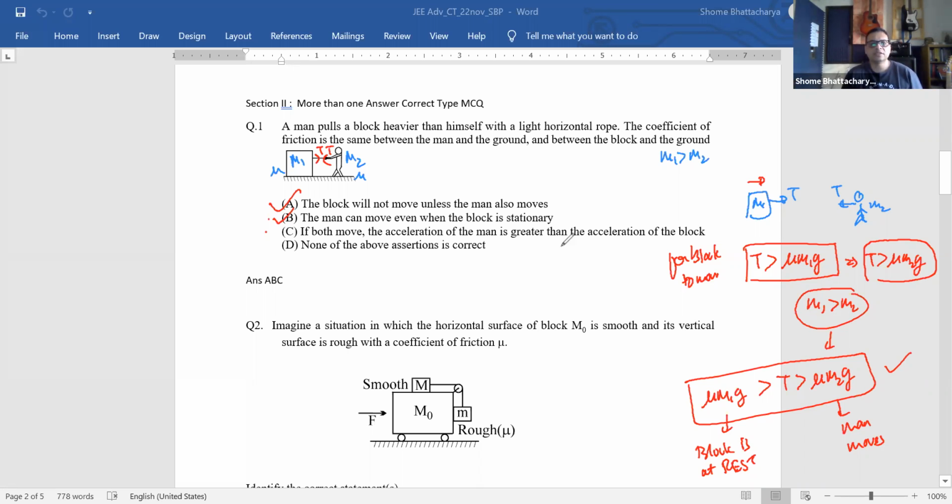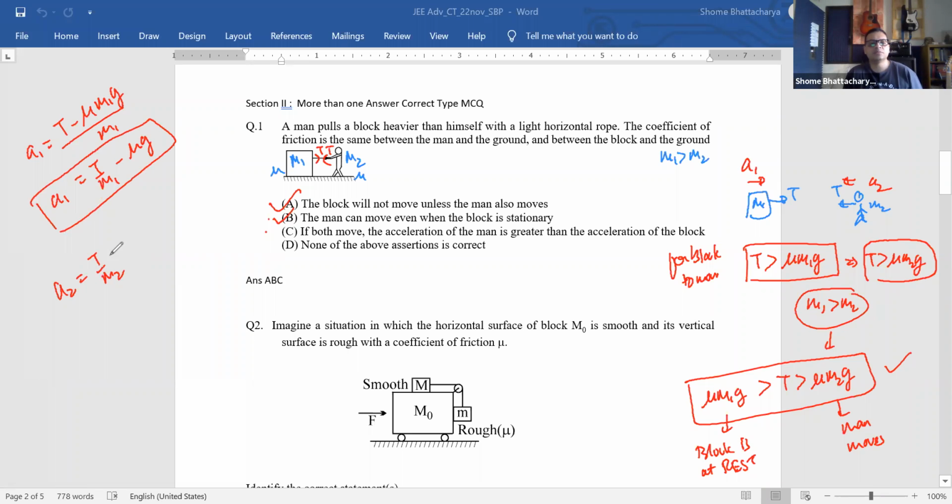If both move, which one has the greater acceleration? So if this one has an acceleration a1 and this one has an acceleration a2, a1 you can see will be (T minus mu m1g) divided by m1. So it is T by m1 minus mu g. a2 will be similarly T by m2 minus mu g when you calculate. So now you can see that m1 is greater than m2. So that means a2 is greater than a1. So if both of them move, then the acceleration of the man must be greater than the